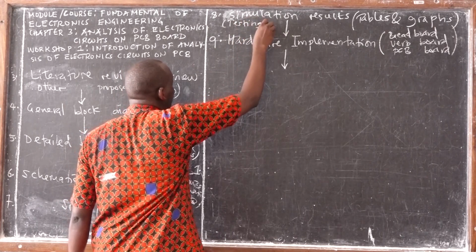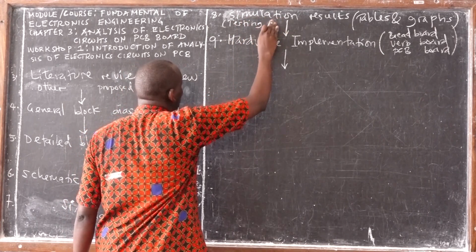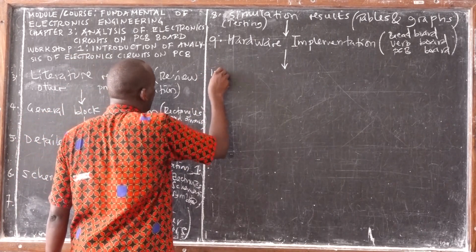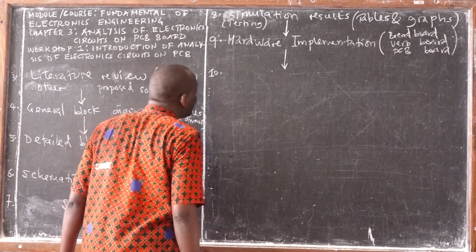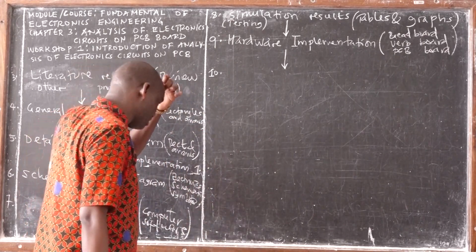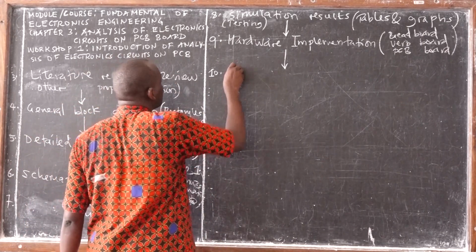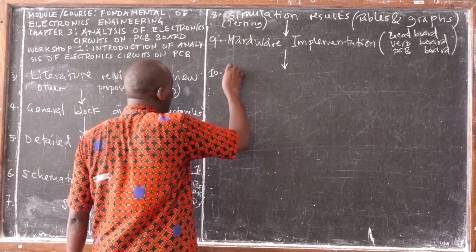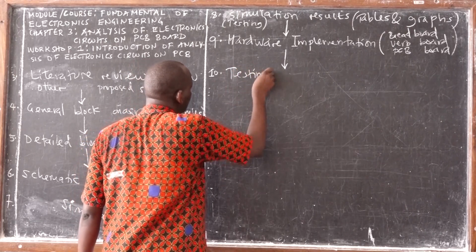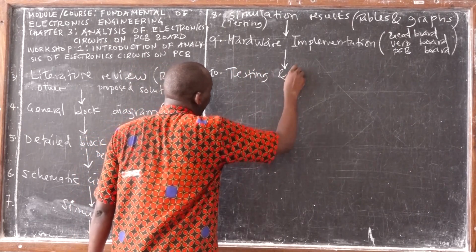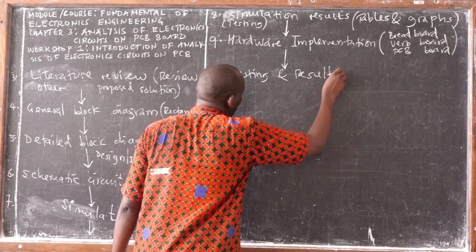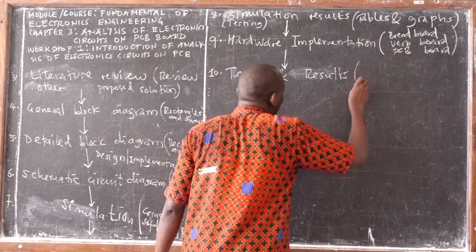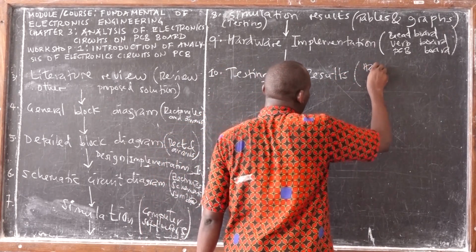Testing of what? Of testing of the circuit. So step number 10, once you have hardware, we say that we can have testing. We can have what? Testing, or we can call it hardware testing and results. Testing and what? And the results. You can say the results, but where? On the hardware